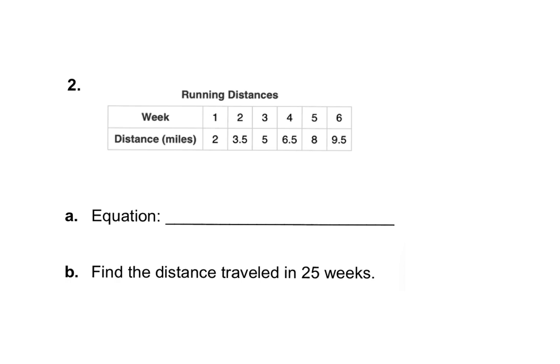All right, so question number 2, we've got this table where we've got the weeks and then we've got the distance in miles. And we've got to write the equation. And again, we said to write an equation, we have to have the slope and we have to have the y-intercept. So let's go ahead and take a look to find the slope. Now, if it's confusing for you to go from one term to the next to find out what's happening, you can always take out 2 of these points. We've been doing that for a long time where we would take the 1 and the 2